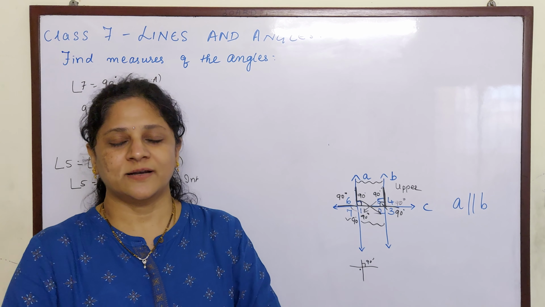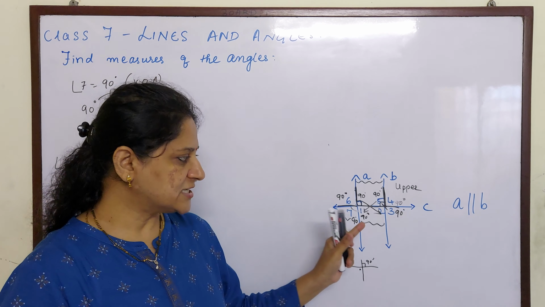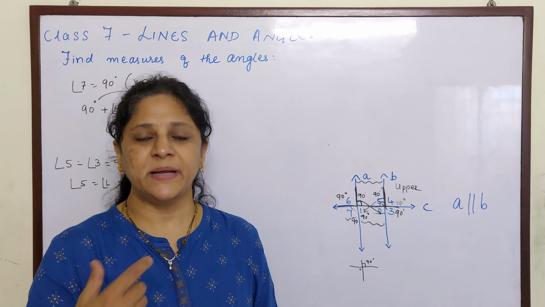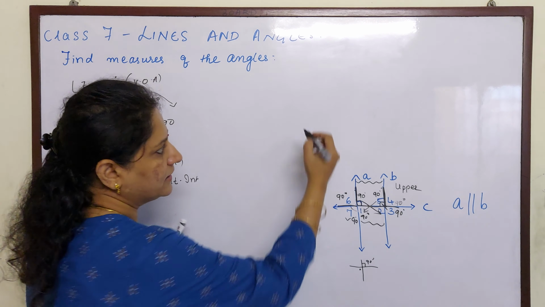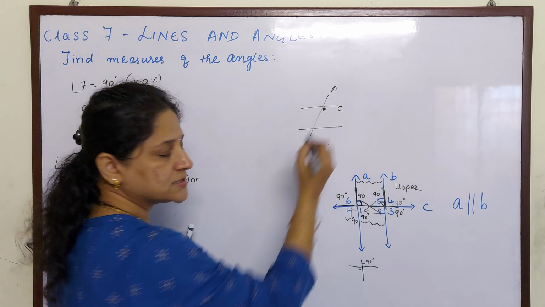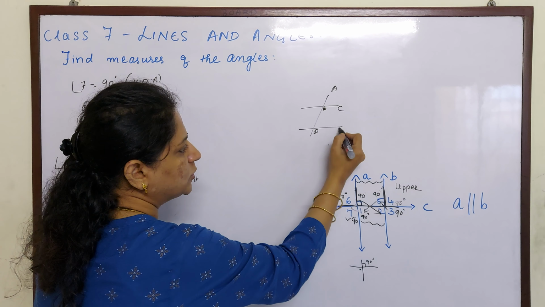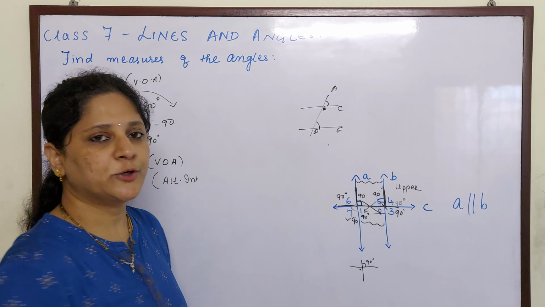Hope you understood children. Keep practicing. In our next lecture, we will see to it. Now instead of giving names as angle 1, angle 2, we will start like this. Like if this is A and this is B and this is C, then you should be able to tell that ABC is corresponding to BDE.